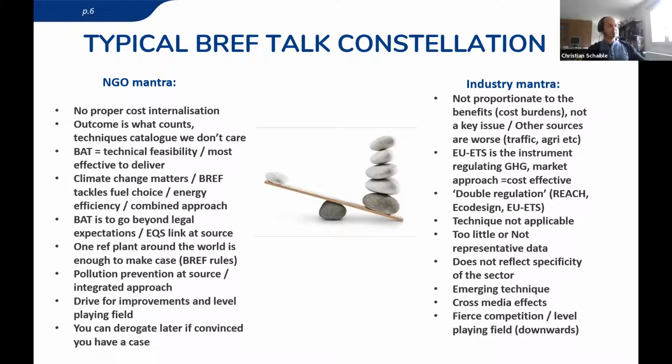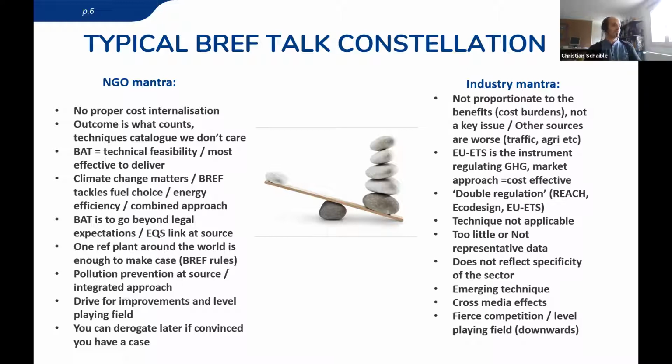And we say, well, climate change matters. It's also part of environmental protection. We have a fuel choice, but it's number one. When you want to reduce air pollution, SO2 is one good example. Of course, if you have sulfur in the fuel, you will have sulfur emissions. So the number one BAT is fuel switching. And we have a lot of BREF conclusions which say fuel choice is the number one you have to look at, but they don't go to the end of it. They leave the options open to the operators and also member states to choose whatever energy source they want. This is a bit the problem.